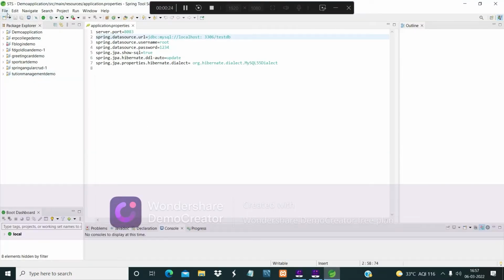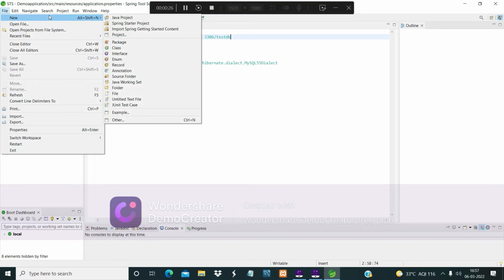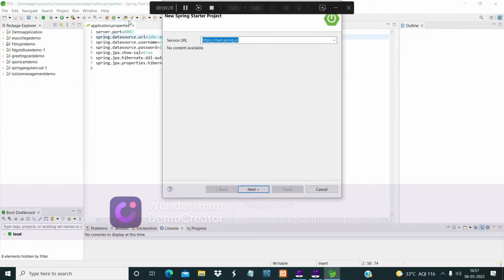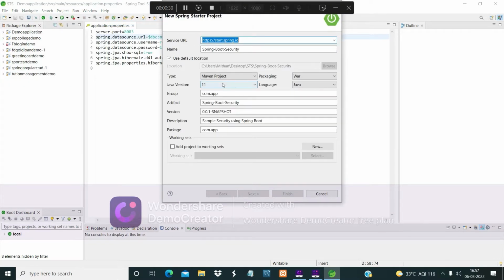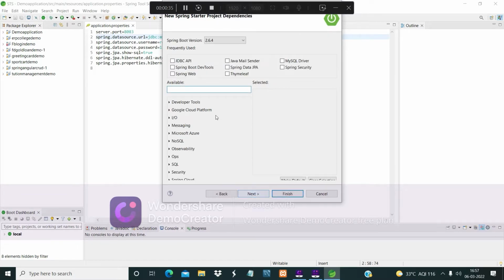First of all, we will create a new project. We'll add the dependencies, Spring Security and MySQL driver.